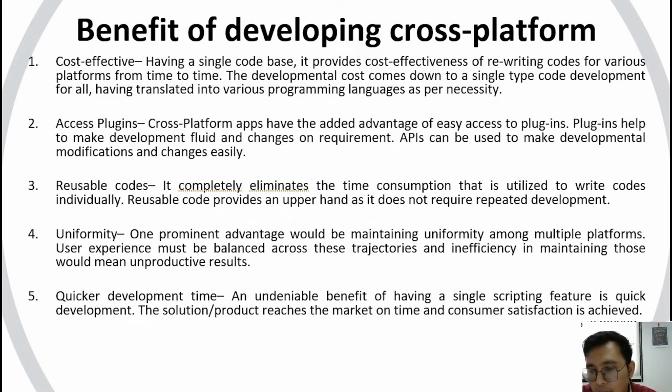We could also use the API, or application programming interface, and it can be used to make development modification and change easily using this cross-platform method. It could also be treated as reusable code because we can copy and paste from what we have done in the old project or the previous project, and it completely eliminates the time consumption utilized to write code individually, because reusable code provides an upper hand, and as it does not require repeated development,